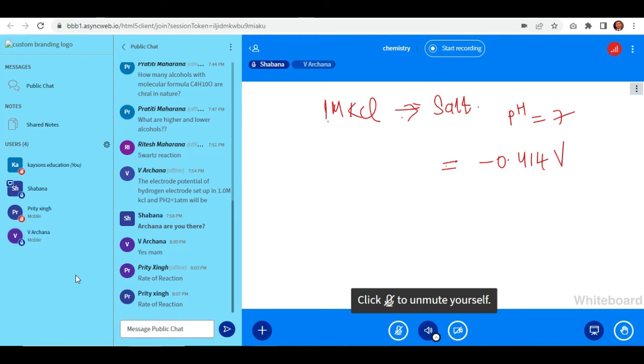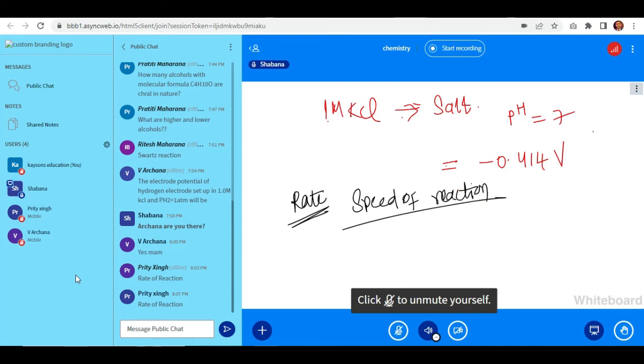Okay. So Preeti Singh, you want rate of reaction? You need an example or else explanation. So rate, suppose you are moving or your car is moving. How will you check the speed, right? The same thing for the reaction. We will be checking speed. The speed is nothing but called rate. Rate of reaction is nothing but speed of reaction, like how much time it's taking to perform and what is